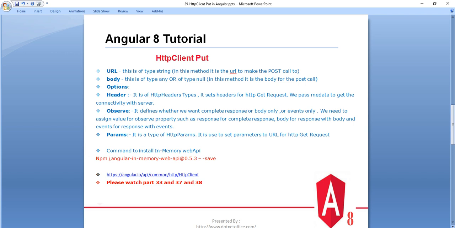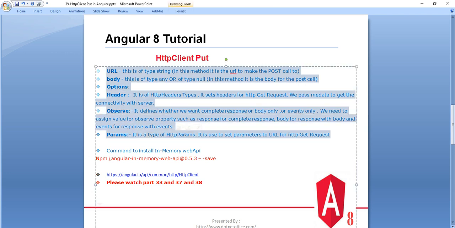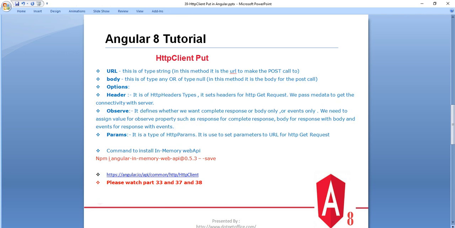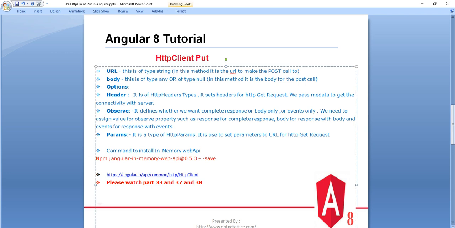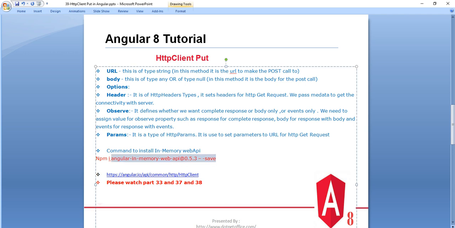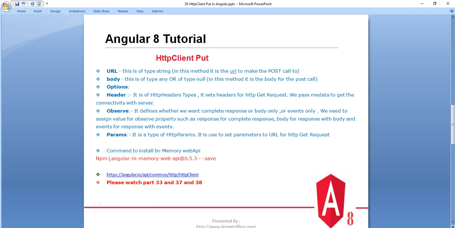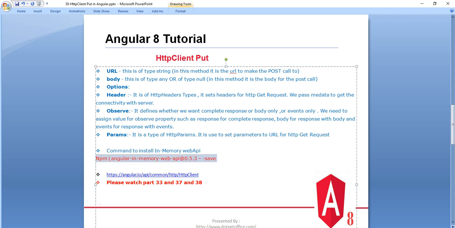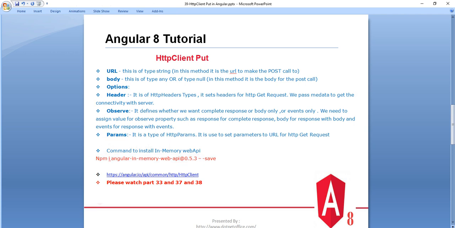All the definitions are the same as for HTTP client post: the URL, the body of the data, and options like headers, observe and params. And we have the in-memory web API as well. If we want to test our service locally, then Angular provides us an in-memory web API. We can install it and work with it.